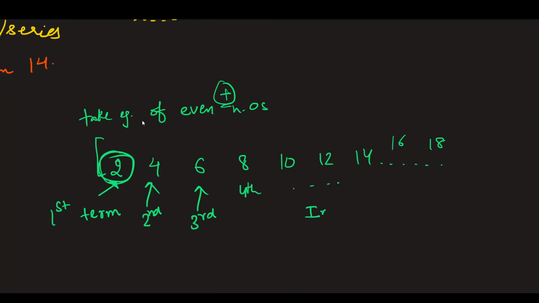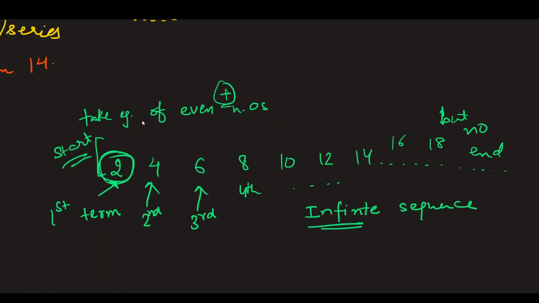It is an infinite sequence, meaning it has a start but no end. It will never end, it will always continue. Infinite means a very large number, a concept, but this sequence will never conclude, i.e. it will never end. It will go on and on forever.